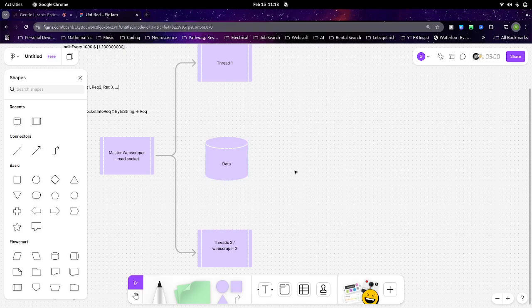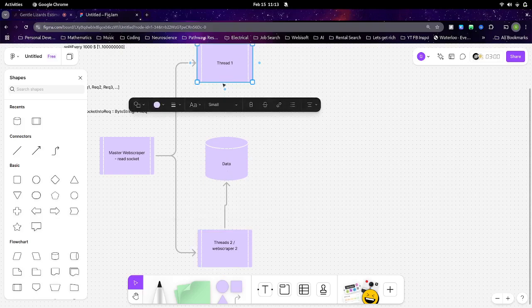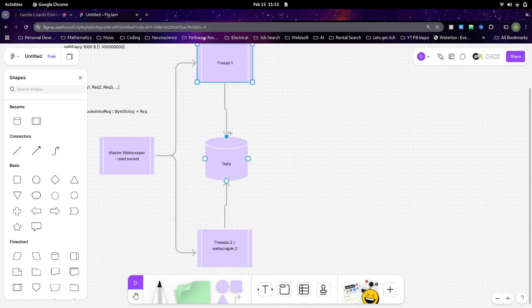In this abstract example, which I'll get into a concrete example in a second, both threads care about this data. And in general, any case where we have two threads which care about some data and are reading and writing to it, we're going to encounter a challenge that is unique to parallel processing.